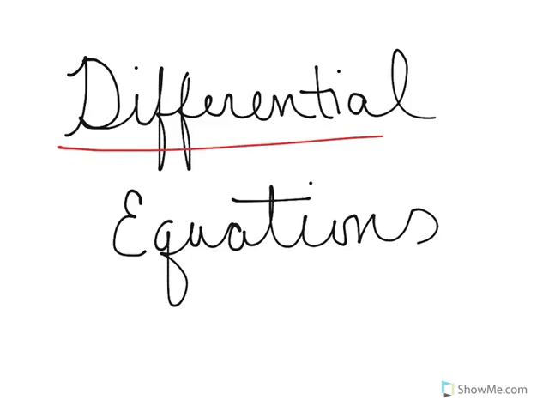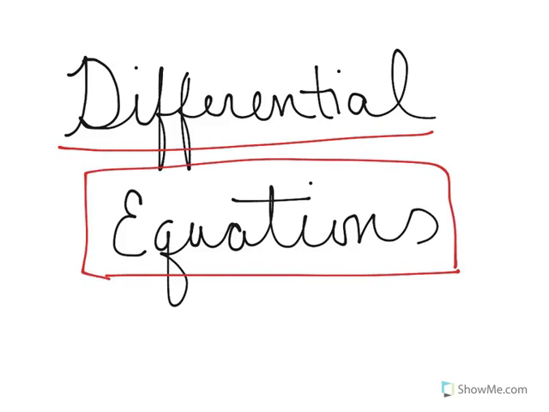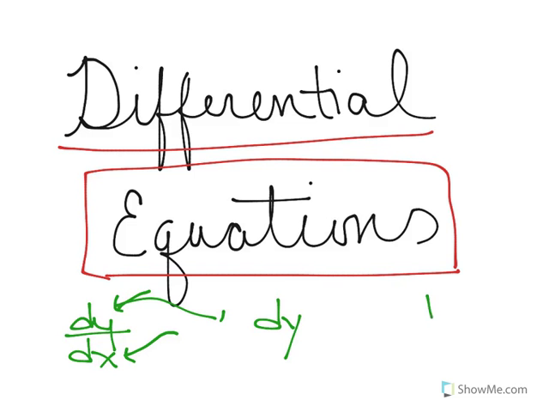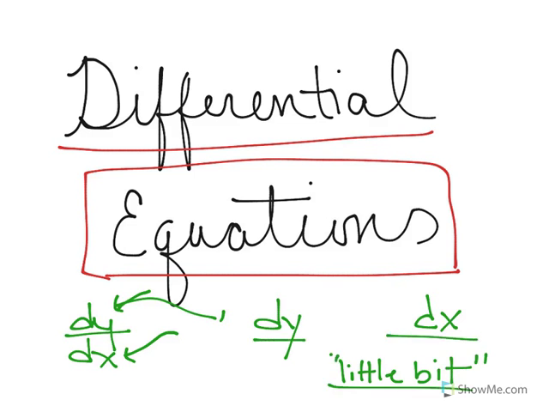Today's topic is differential equations. Those are obviously equations that involve differentials. Anyone remember what a differential is? Well, if we have a statement like dy dx, that's a rate of change that means a little bit of y over a little bit of x. Each of those individually, if I were to split them apart, dy is one differential and dx is another differential. It means a little bit. So, differential equations are equations that relate rates,